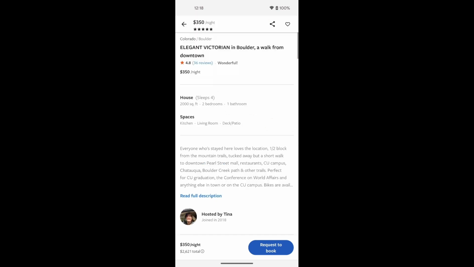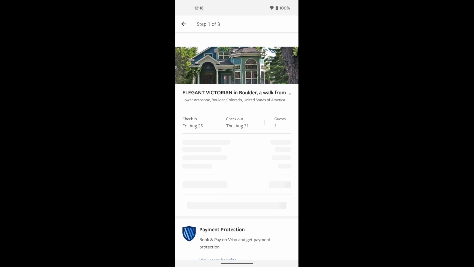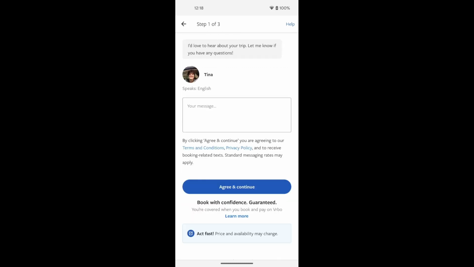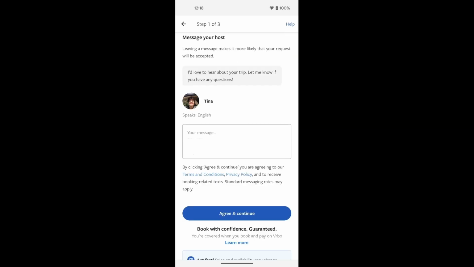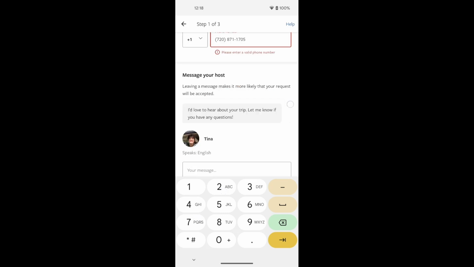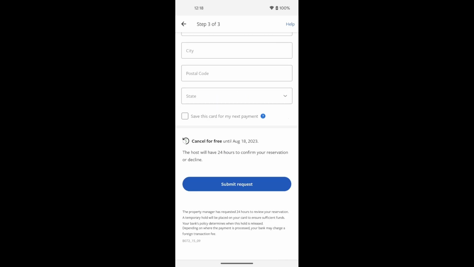Then you can see the per night cost and the total cost, just like before. Now, to reserve, you click request to book. And you will see, it'll ask you to enter some information. Now at this point, I'm gonna put a random, put my phone number. You'll see a payment field. Now again, we're not gonna pay for any properties this time, so now let's talk about the next app.